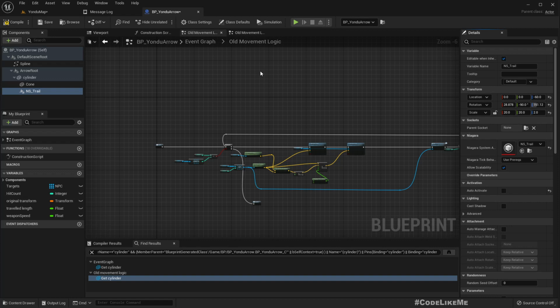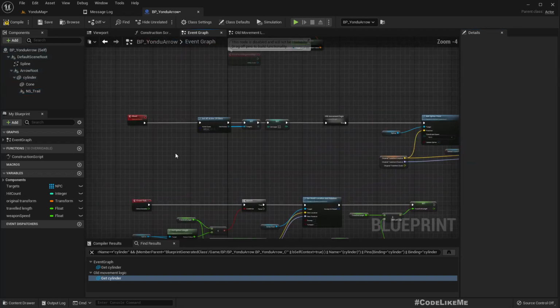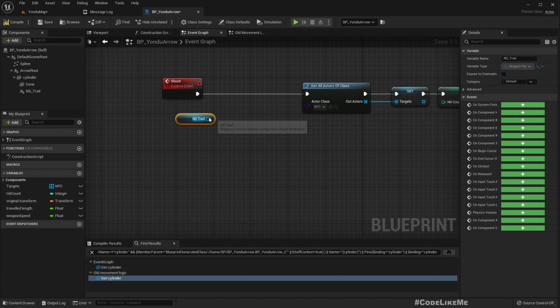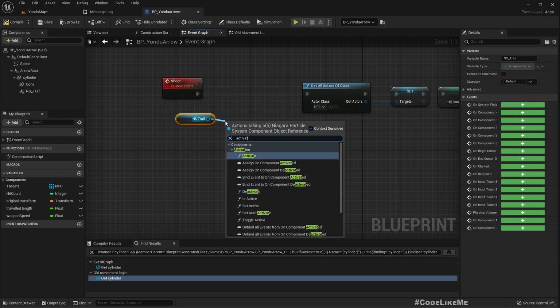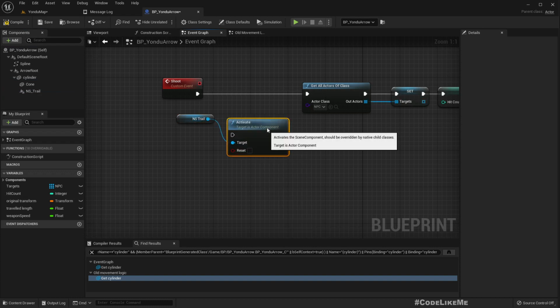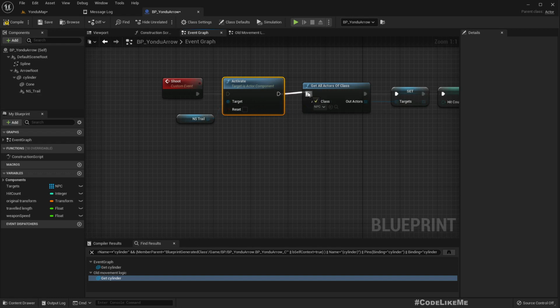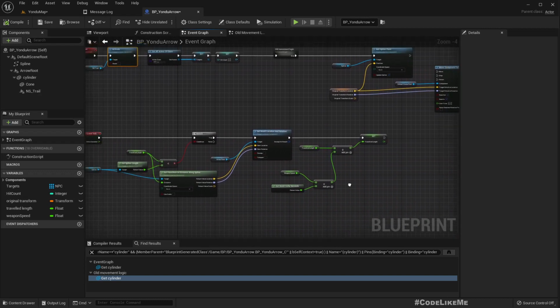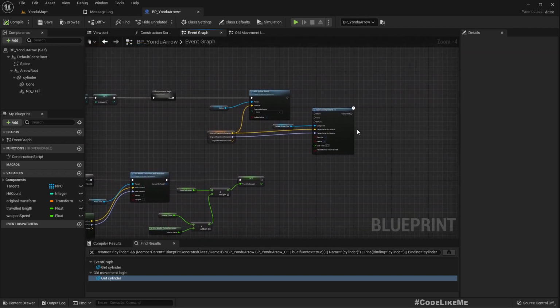So here, only after it is shot, let's start it. Activate. And after the movement is done,